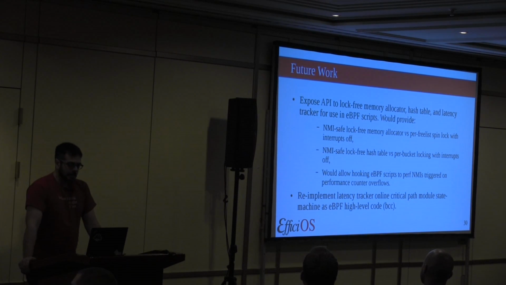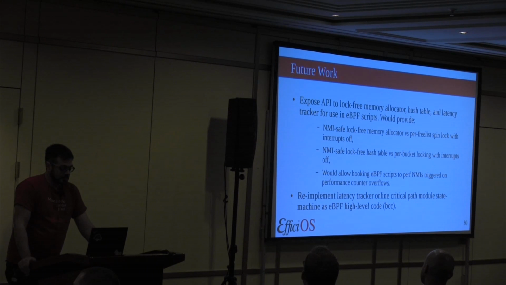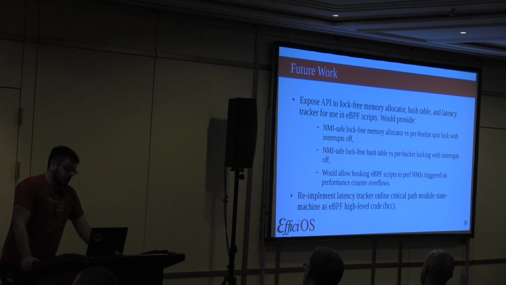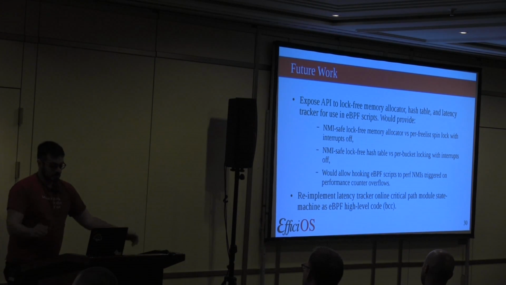Some future work: exposing the API of the lock-free memory allocator and hash table that we use in the latency tracker to eBPF scripts. Eventually that might be interesting. It provides interesting NMI-safe and lock-free type of execution, which might be nice to integrate within the kernel. It would allow hooking eBPF scripts to perf that are triggered whenever a performance counter overflows, and then using those data structures. And one thing we could do, currently the latency tracker is implemented in C, but we could re-implement that as eBPF high-level code